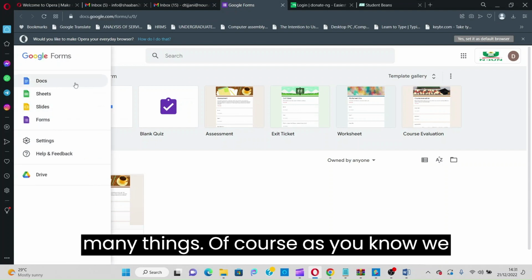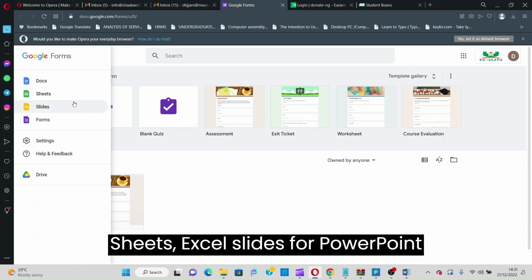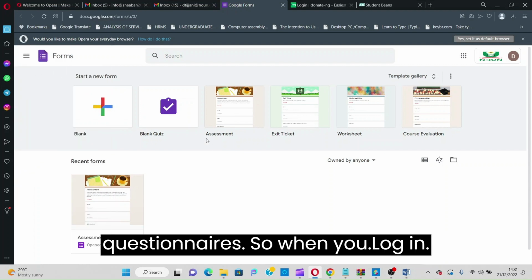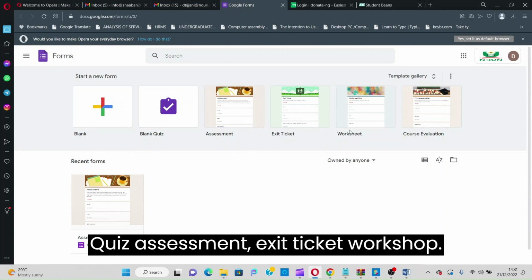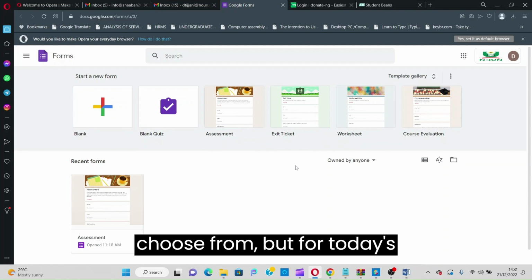Of course, as you know, we have Google Docs for Microsoft Word, Sheets for Excel, Slides for PowerPoint, and Forms for surveys and questionnaires. So when you log in, this is what you will see: blank, quiz, assessment, exit ticket, workshop. These are all templates that you can choose from, but for today's